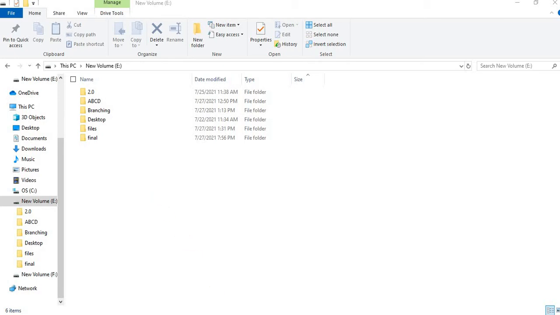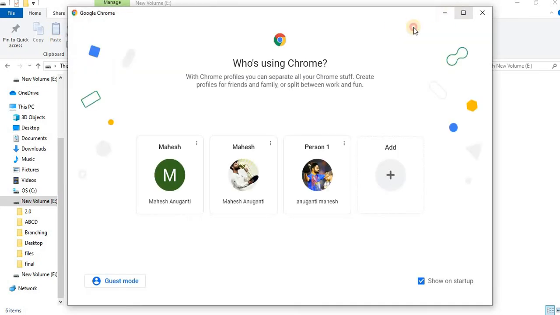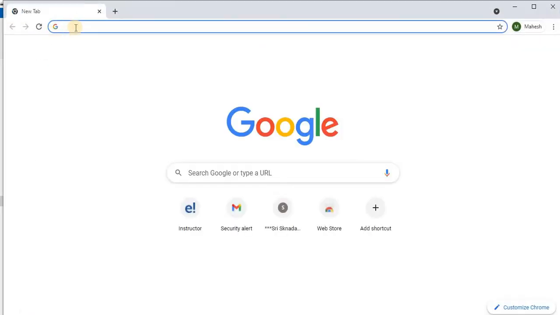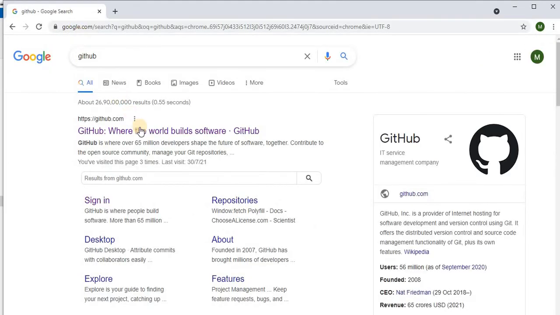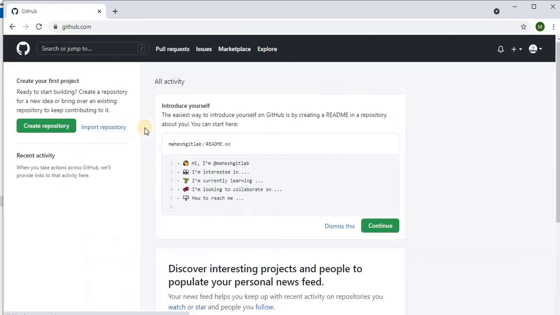Before that, in the first session, when we started Git, I told you to have an account in GitHub. Hope you have it. This is the official website. Just go here, it's quite simple. Just give your credentials, your email ID, your username, and create one password. That's it. Okay. So once you log in to GitHub, you can see this plus mark.